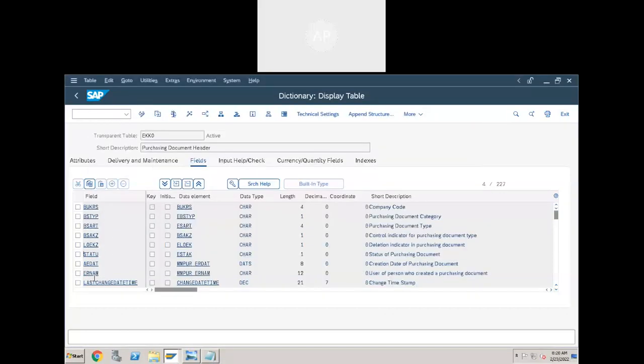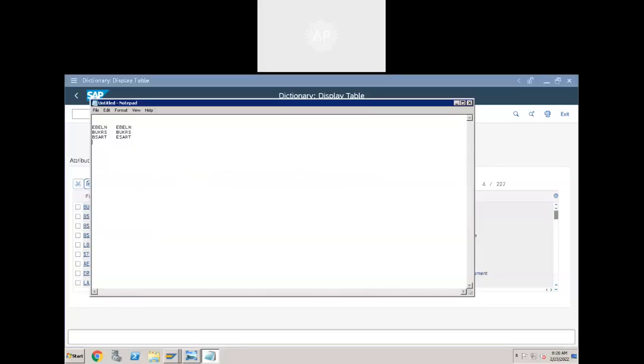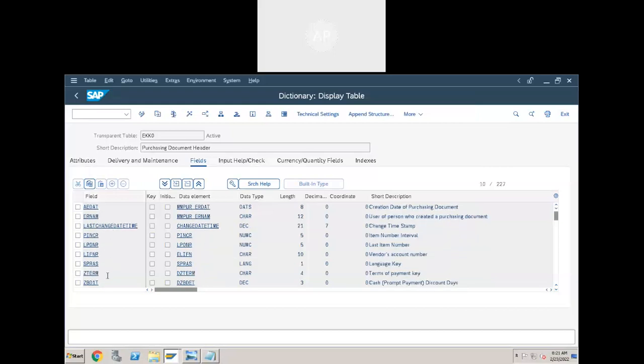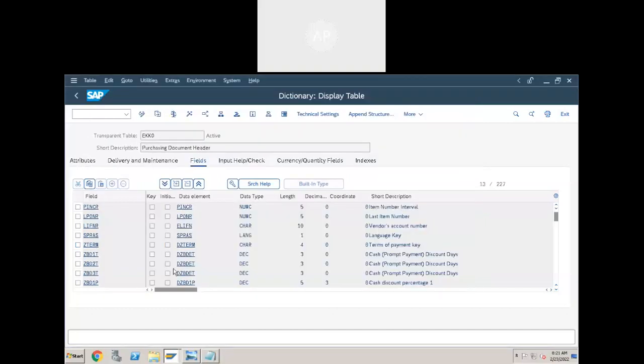Okay. And AEDAT, who created this purchase order? And the vendor, who's the vendor supplying these materials? So this is from the first table.